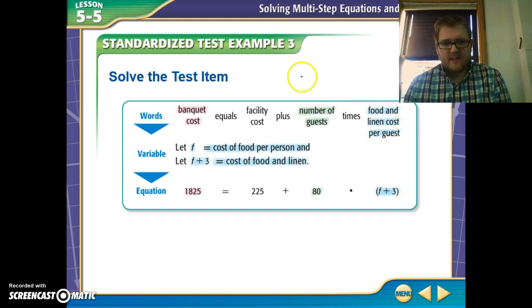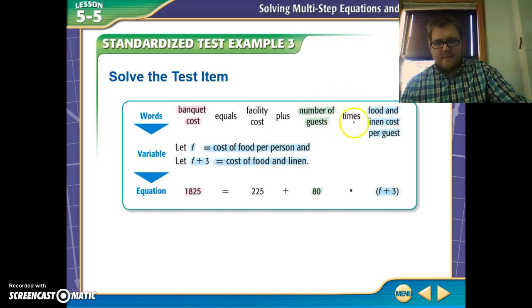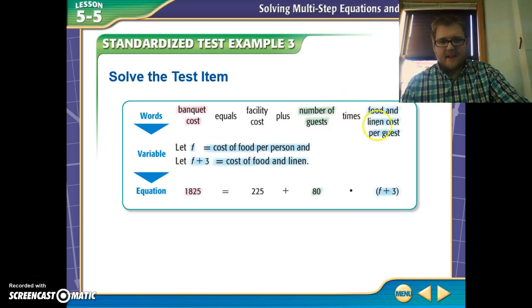So in other words, the cost of the facility itself is going to cost us something, plus each individual guest's food and linen. So all those are going to add up. So depending on how many guests we have,